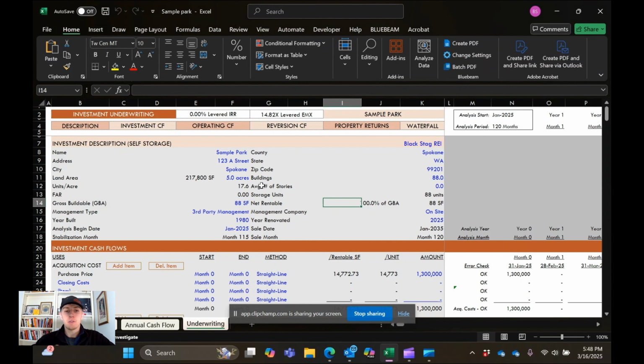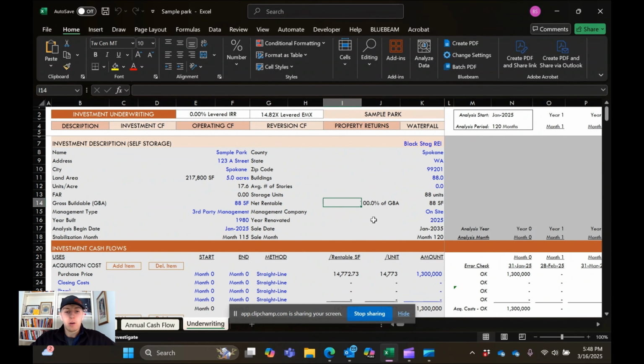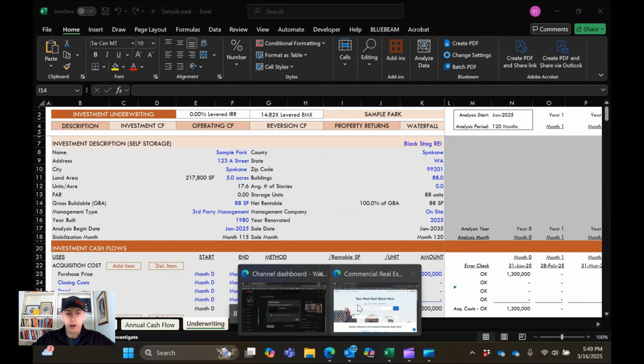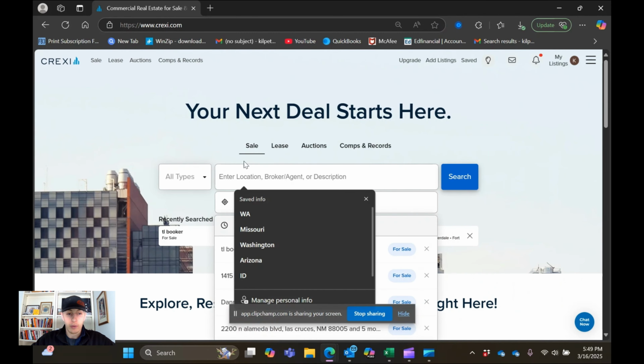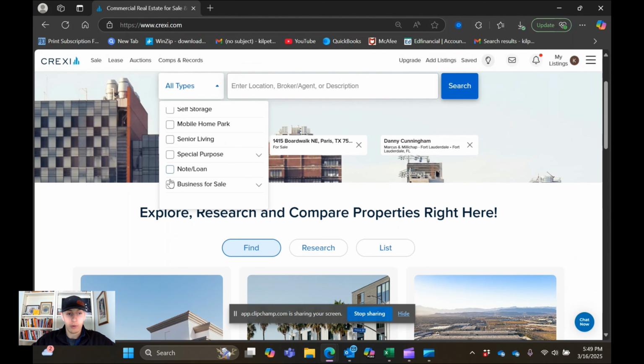Today I'm going to show you guys a complex way to underwrite a mobile home park, or we could do a self-storage facility. But today I want to run through a random mobile home park, just straight off of Crexi. So we're going to go on Crexi. We're going to find a mobile home park